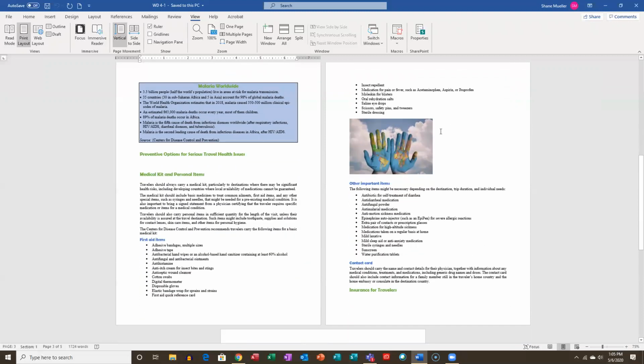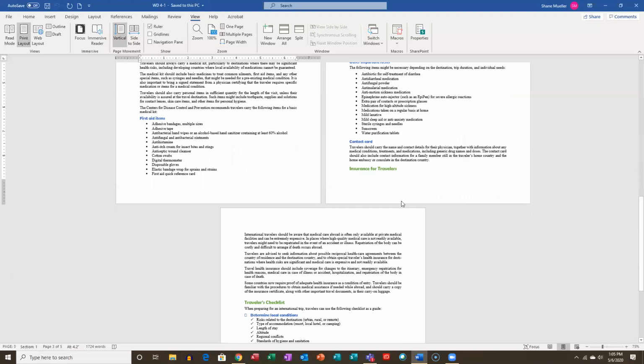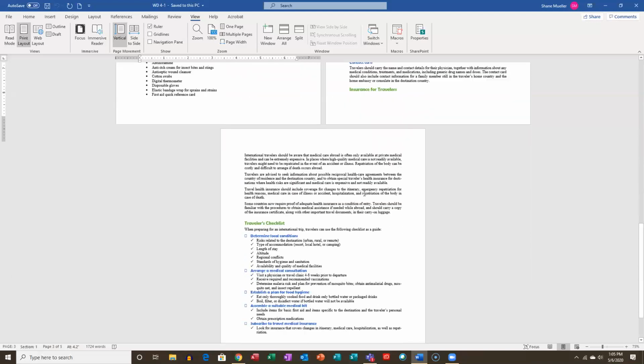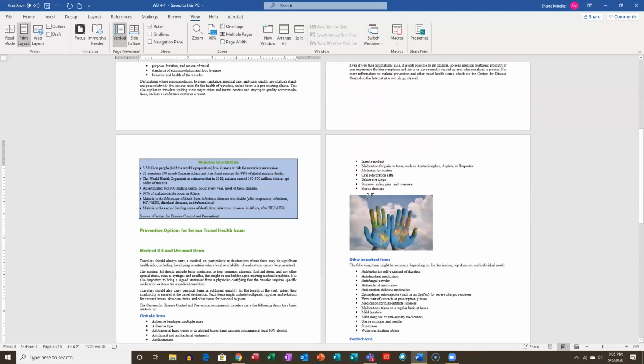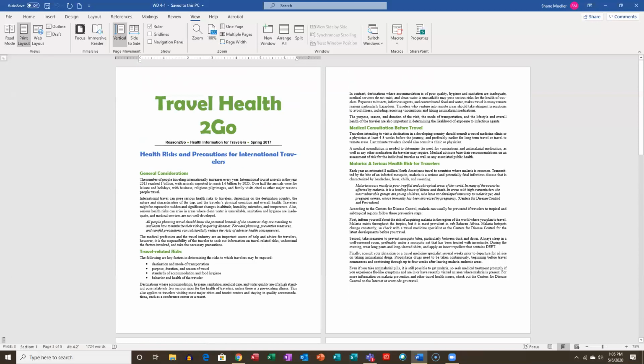Again, some pictures with a lot of white space. We've got a blank area right here, and we're going to add a table in there. We can see that it's a very long document, but there's a lot of wasted space in it as well. We're really going to start to trim this up and make it a little more compact,